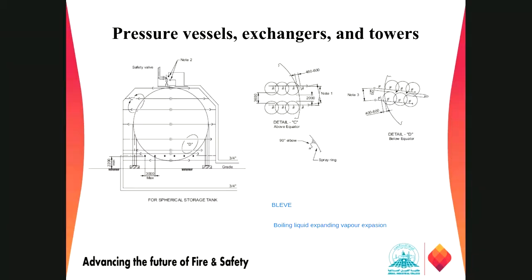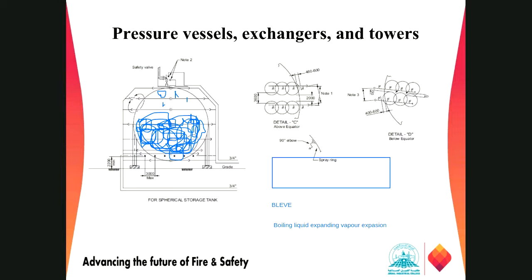which is much more unstable. So those gases are compressed to cryogenic temperature, and sometimes they are stored in the liquid state, right? So half is filled with the gas liquid, and at the top there is some gas, right? Now suppose you have not provided any exposure protection, and there is one nearby equipment which catches fire. In the nearby area there is a fire, and it is not protected by any water spray system. The heat from that fire will go to the surface of this sphere, which holds maybe propane and the like.